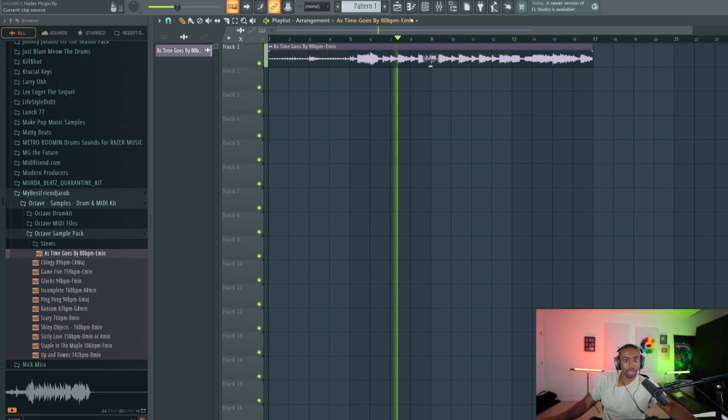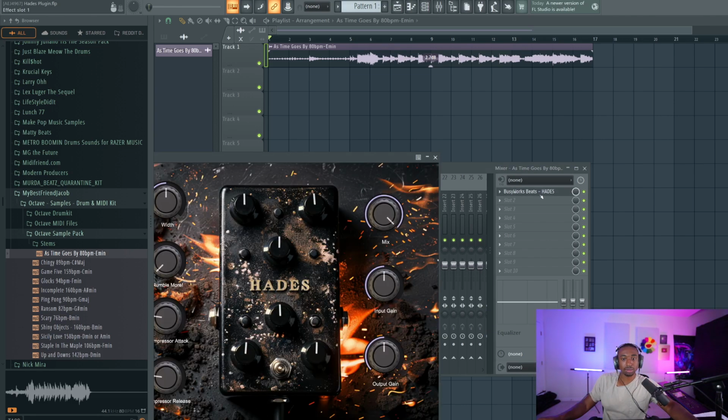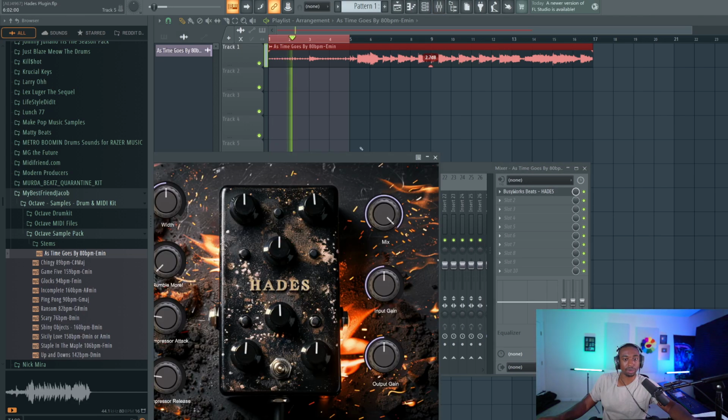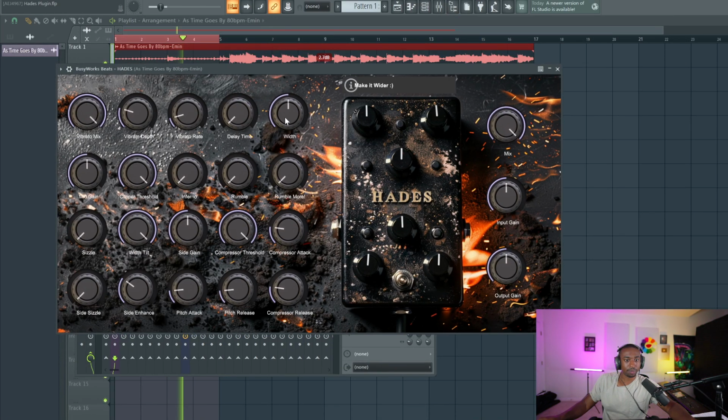So it has delay on it. It has some delay, some pitch modulation. So what we can do is add stuff to it, but we don't want to overly pitch modulate because it's already pitch modulated. So let's add Hades right here, and let's just loop the beginning here and figure out ways we can enhance this. So with my plugin at BusyWorksBeats.com/Hades, you guys can find it there.